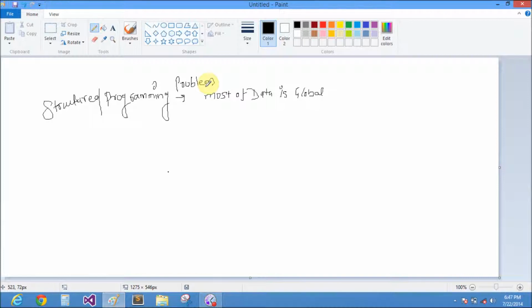To overcome this problem, we use object oriented programming.